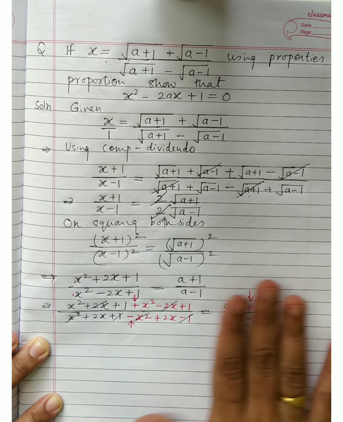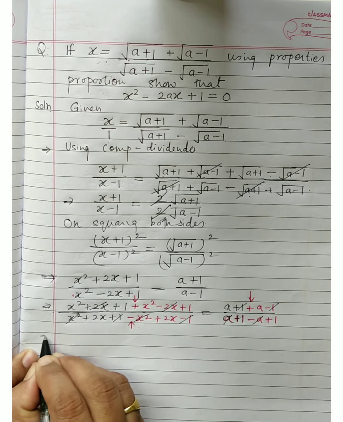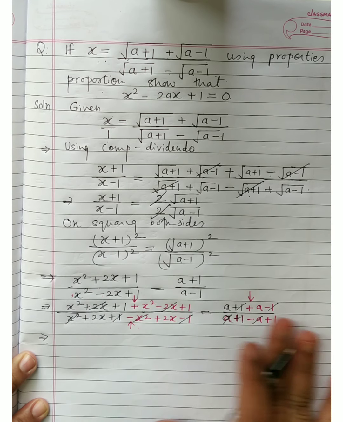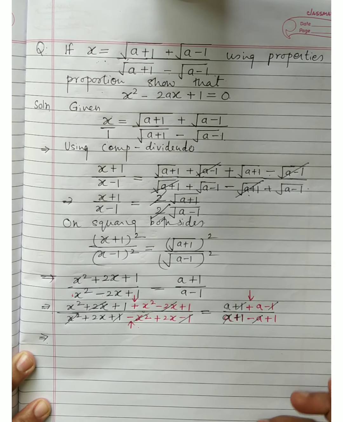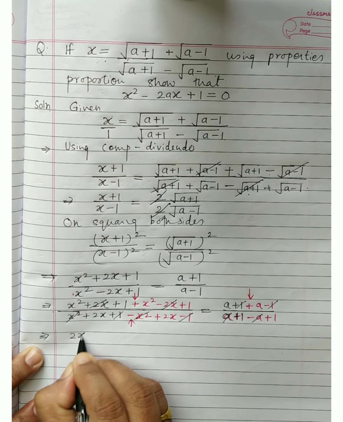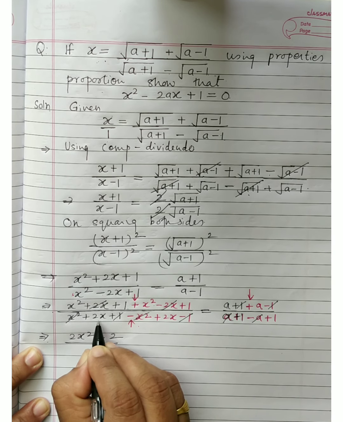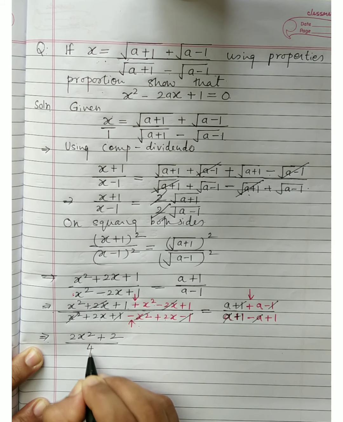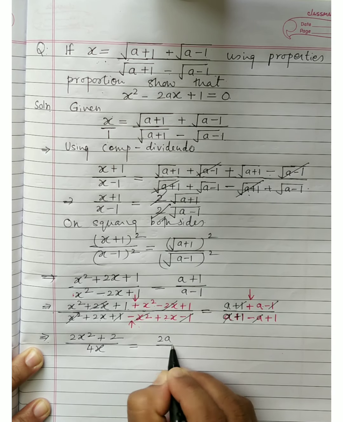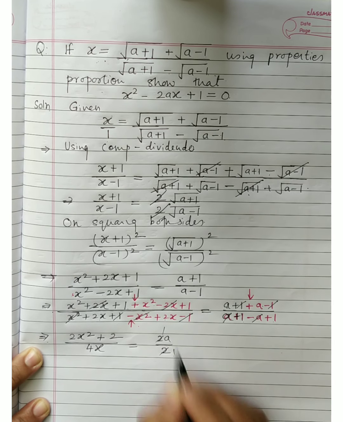That does not mean that you first only cancel. You observe carefully which terms are getting cancelled. So today I am explaining only these two patterns, and for every pattern at least 4 sums you have to solve and show it to me. Let's see what happens here. x² plus x², 2x². 1 plus 1, 2, upon 2x plus 2x, simply what is left here? 4x. Right hand side, a plus a, 2a upon 1 plus 1, 2. So this becomes simply a, right?